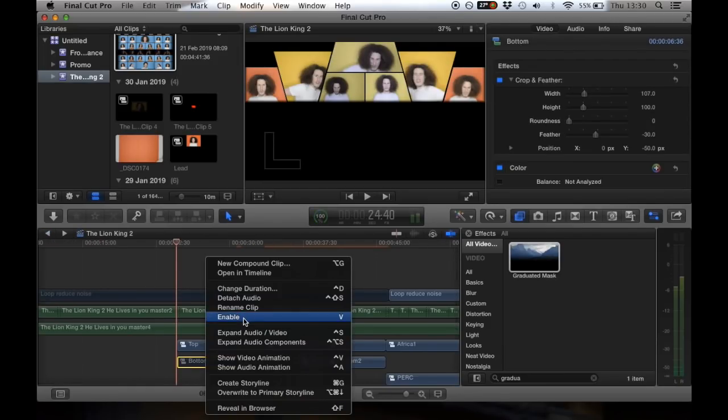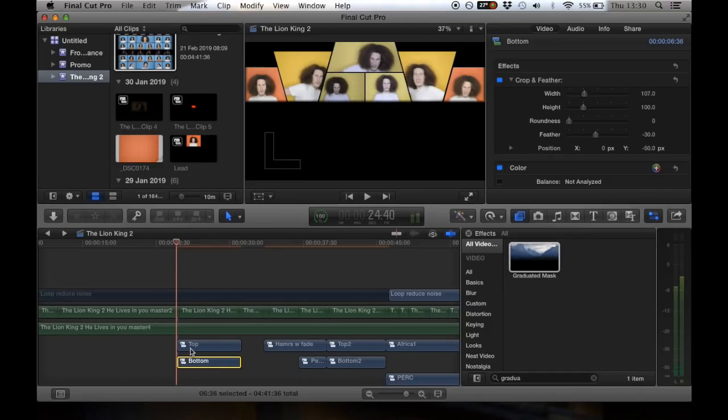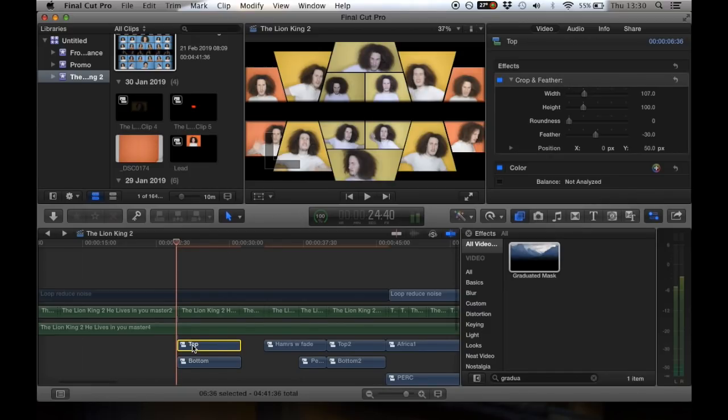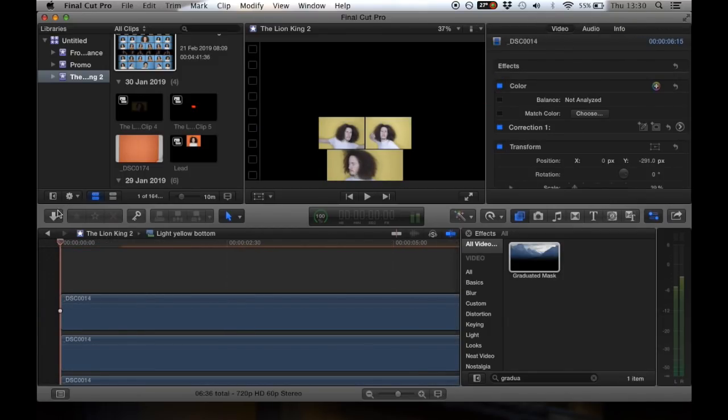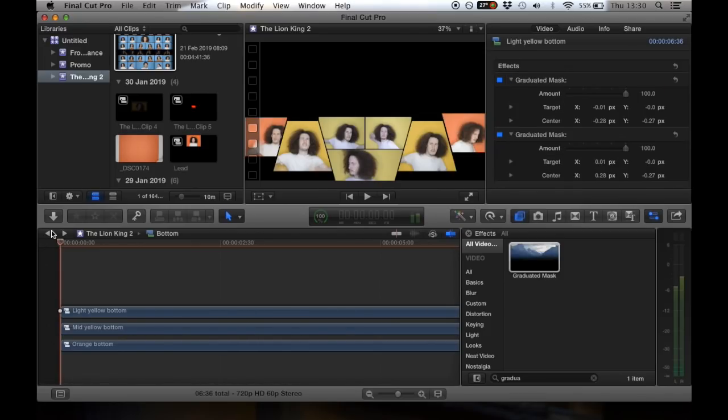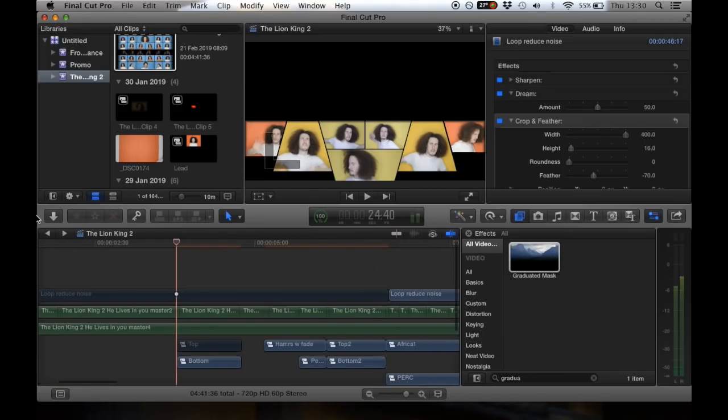As you can see, if I go to the bottom, it's the same old story. Same old thing. Light yellow bottom, except now the graduated mask is the same, but the numbers are inverted, basically. As you can see, the actual line across the top is very jaggedy and rough, because I know that when I compound these 3 different clips of the mid yellow, orange, mid yellow, and light yellow, I can then just level it off with